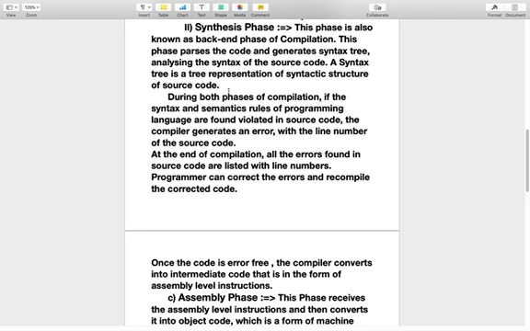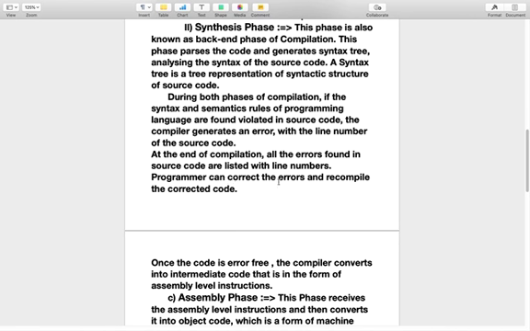During both phases of compilation, if the syntax and semantics rules of the programming language are found violated in the source code, then the compiler generates an error with the line number of the source code. At the end of compilation, all the errors found in the source code are listed with the line number.